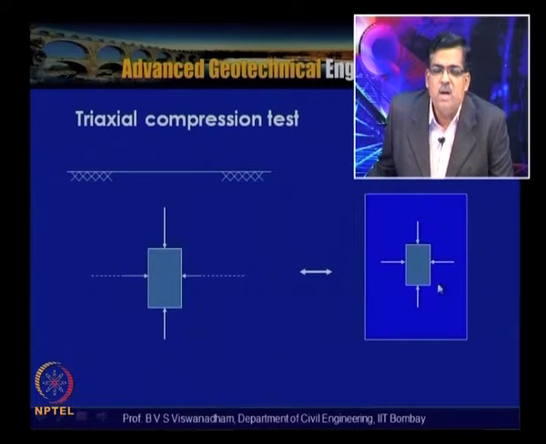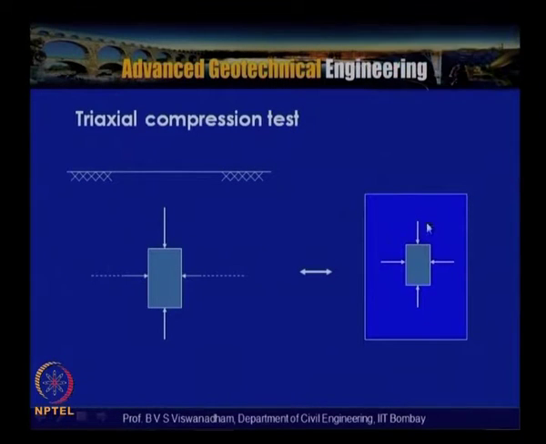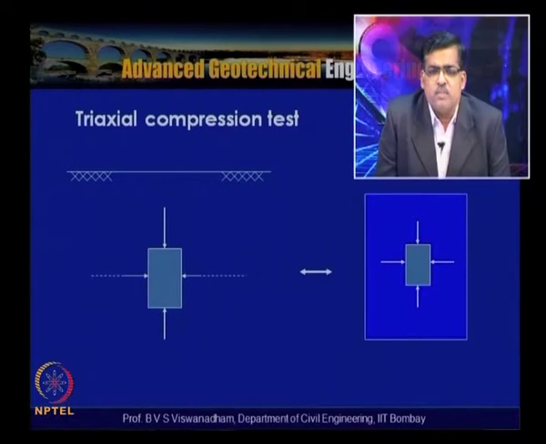So this is simulated in the triaxial compression test. In order to understand the strength parameters of soil, the sample is subjected to shear by applying an increase in load. Here the confining stresses are simulated by the surrounding water placed in the triaxial cell, and the deviator load applied is the additional load, where sigma 1 is equal to sigma 3 plus p by a. So sigma 1 minus sigma 3, the deviator stress, is equal to p by a, which is applied to arrive at the deviator stress at failure.